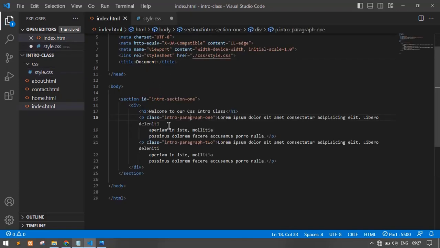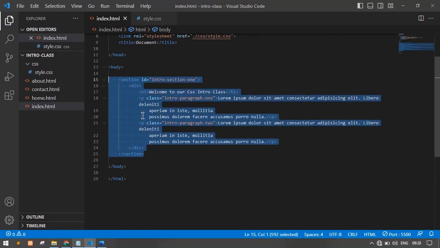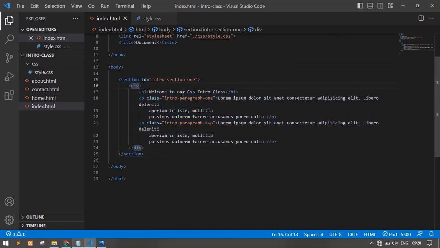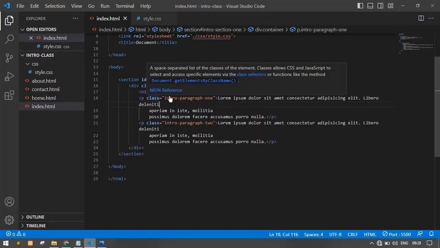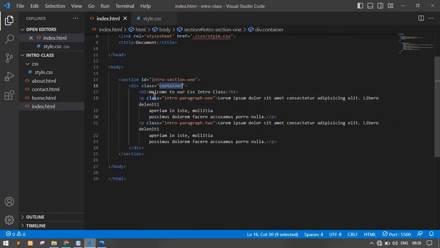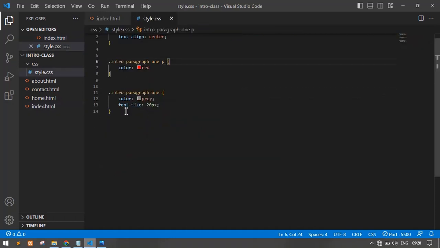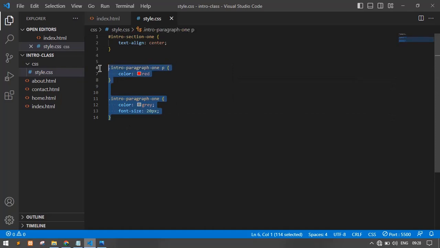What I'll do is to make it a little bit easier. Let me duplicate this. Okay, let me just kind of give this one a class of container. This one is class selector. That means it's having a value of what? The value is 10 now. So if I want to select container and use different ways now, I want to select the paragraph but using different ways. I don't want to select intro paragraph 1. I want to select from the intro section 1 to the paragraph, which is called descendant selector. But I'm not talking about that here. So what I want to do here now is I want to try to let you understand how to use